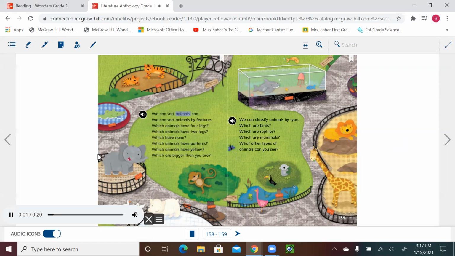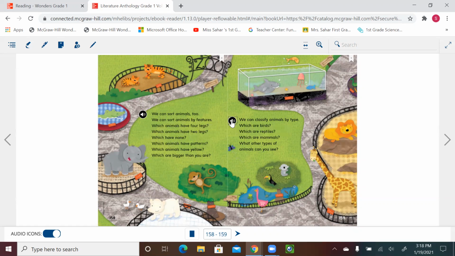We can sort animals too. We can sort animals by features. Which animals have 4 legs? Which animals have 2 legs? Which have none? Which animals have patterns? Which animals have yellow? Which are bigger than you are? All right, so this is another way of classifying animals. And as you see, they put them by size and features: 4 legs, 2 legs, or none,